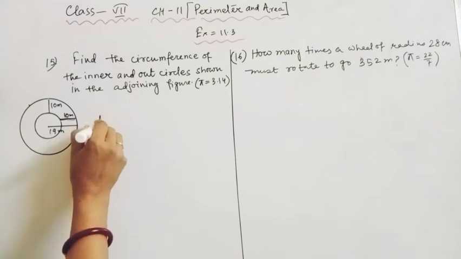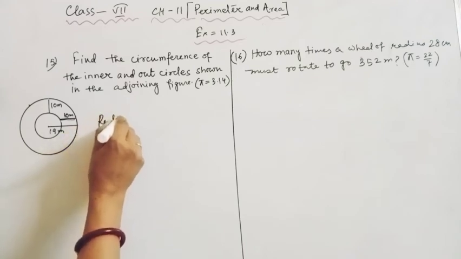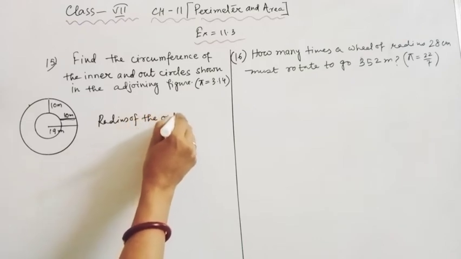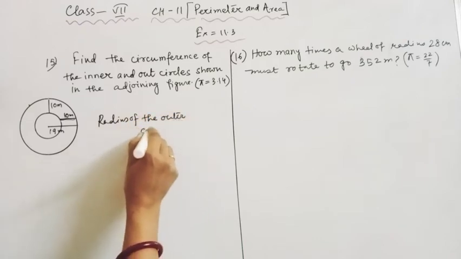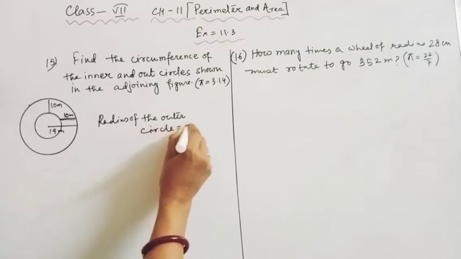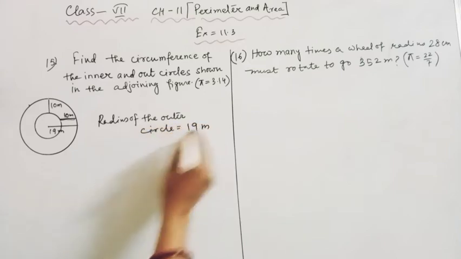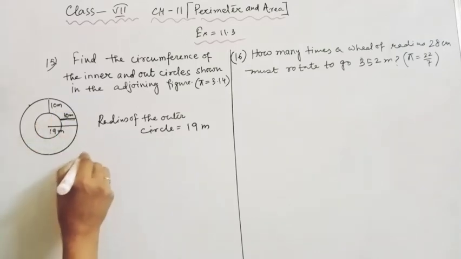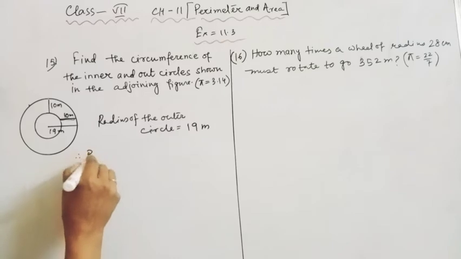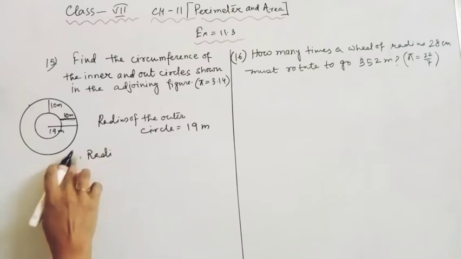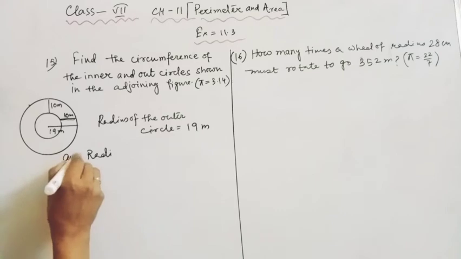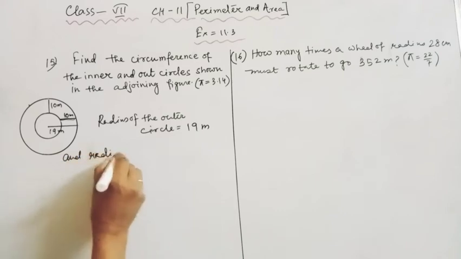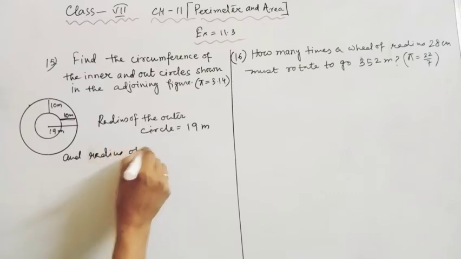So radius of the outer circle is equal to 19 meter. It is very clear. And radius of the inner circle, therefore radius of the inner circle